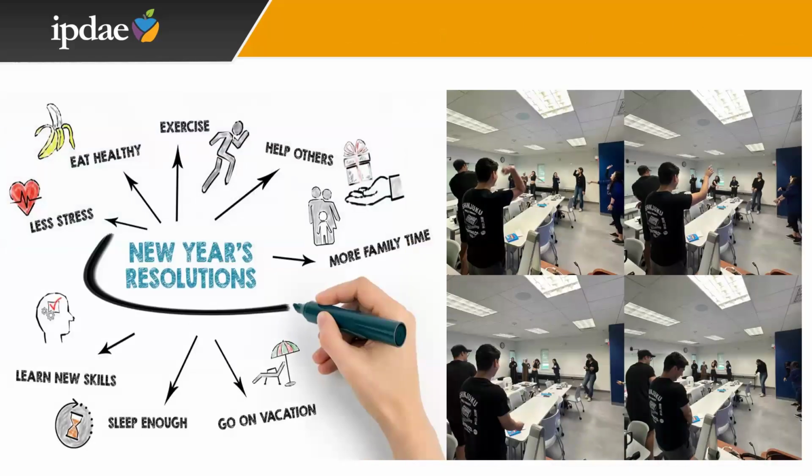So here's a picture of my students having a classroom snowball fight last week. And of course, the prompt was New Year's resolution. So I had given them some ideas before having them just do this. Because of course, in an ESOL classroom, we always want to model first, right? So on the left side are some of the examples. And then on the right side of the screen, you see my students actually having a snowball fight in the classroom.